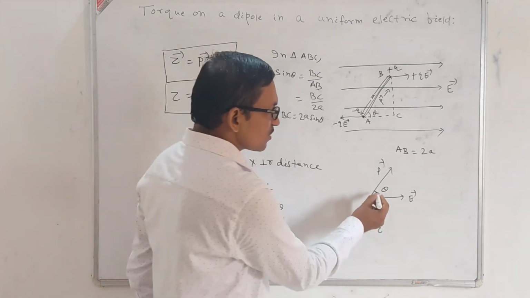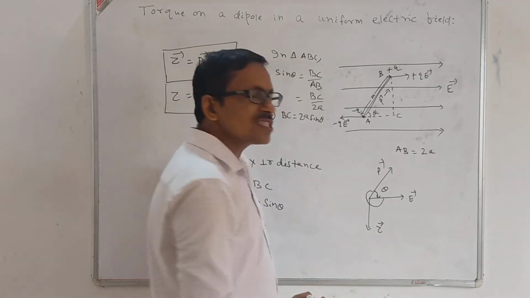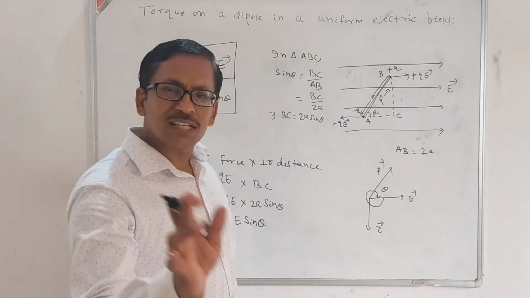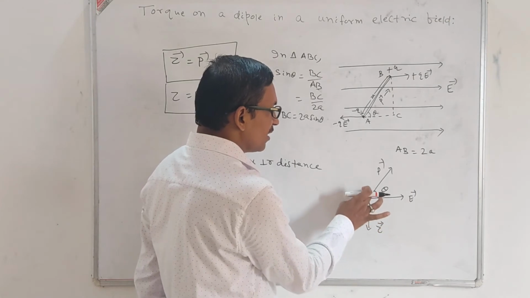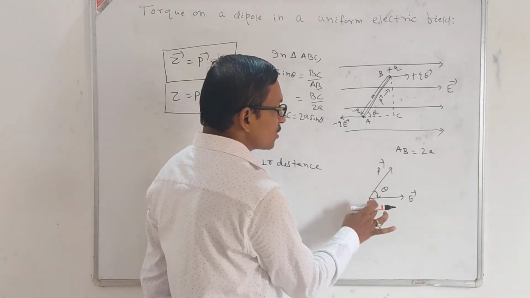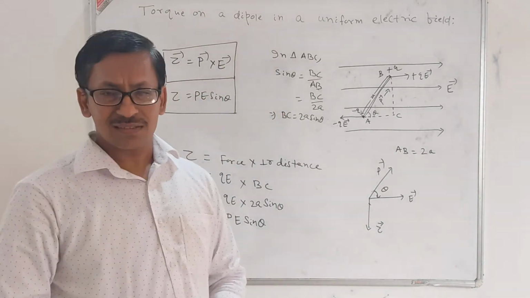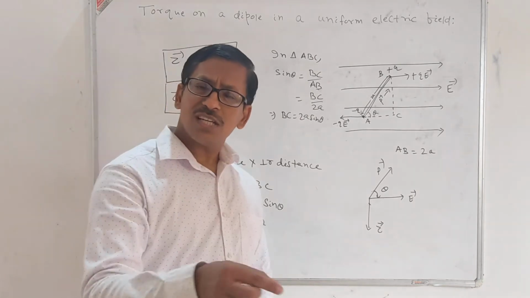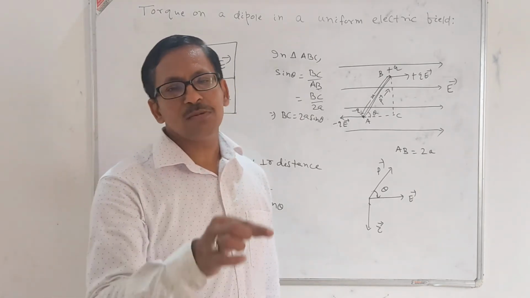see, this is the smaller angle, two angles are there. This is theta, which means the other angle will be 360 minus theta. But you will take the smaller angle. Remember children, you have already studied this right hand screw rule. If a right handed screw is rotated from P to E through the smaller angle, the direction in which the screw advances gives the direction of the torque.